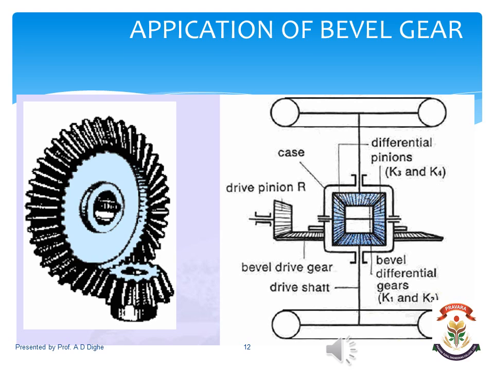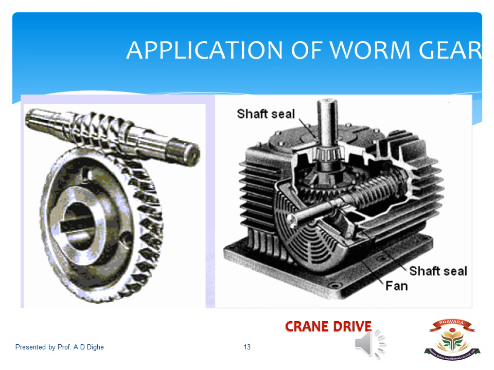The arrangement which is shown in this particular slide is for the differential gearbox where the sun and planetary gear train is used. Remember that the differential gearbox is in the passive mode when the vehicle is moving on the straight path, and when the vehicle is taking a turn, at that time only the differential gearbox is in the active condition. Now the next is the worm gear pair.